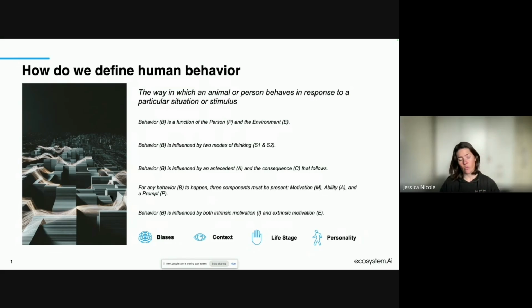And one of the biggest things that we understand through human psychology is biases. So what are the biases that are present through our born with personality or through a number of different elements? It's interesting because biases can be influenced by context, life stage, and personality. But then context, life stage, and personality are each in their own defining characteristics or defining pillars of how somebody then acts or interacts or reacts and forms the behavior on any one of these 5 definitions.